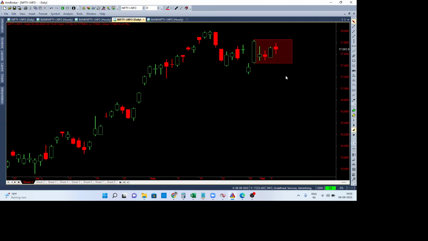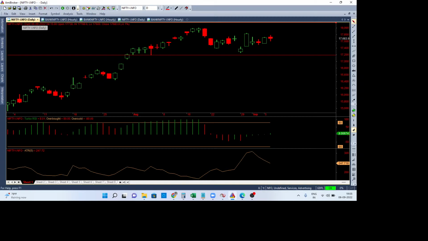Now, what is so important here is that I primarily look into two kinds of sentiment. One is the indicator sentiment, so I use Turbo RSI for that. The Turbo RSI is maintaining positive. When it shows green indications, which you might be able to see over here, obviously the sentiment is holding positive. You can see here the sentiment has been holding positive.